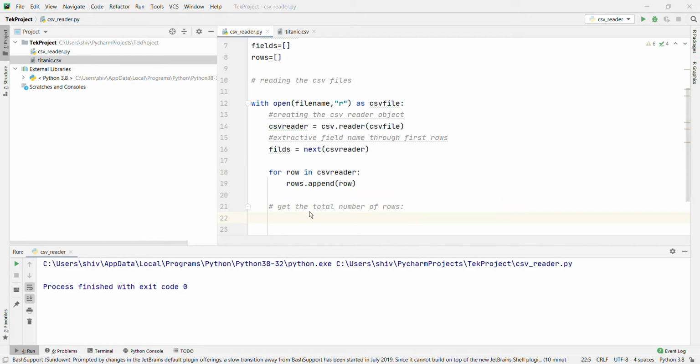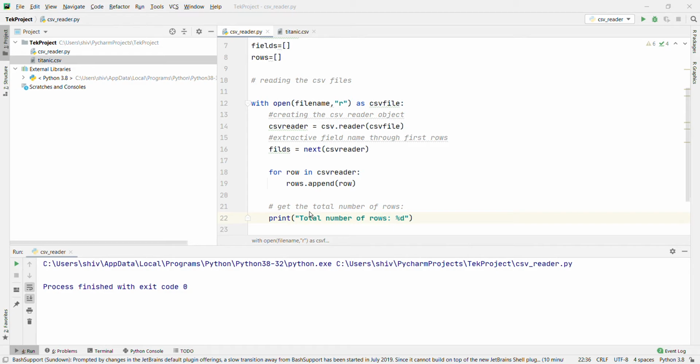For that we have to print total number of rows, and for that we have to use %d.